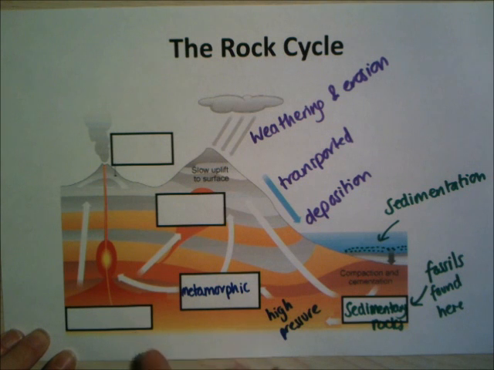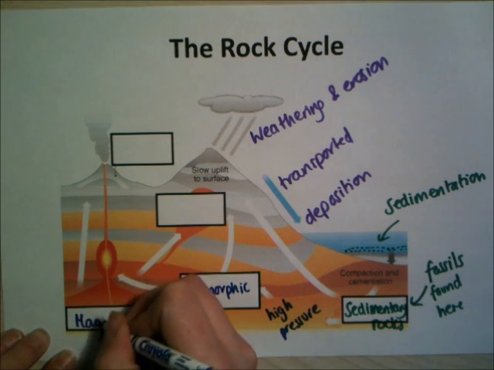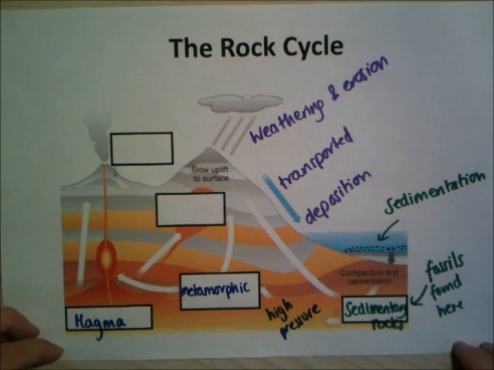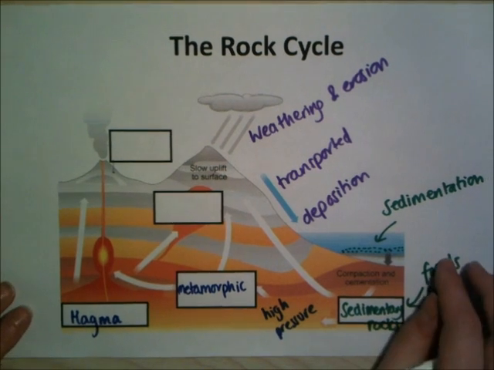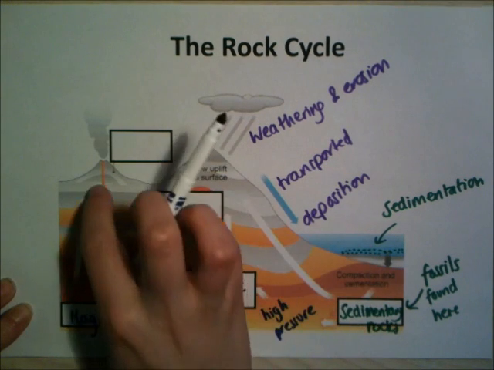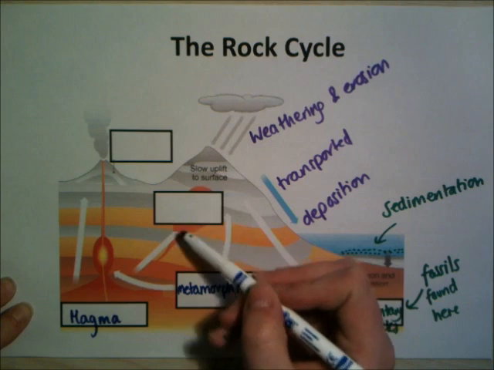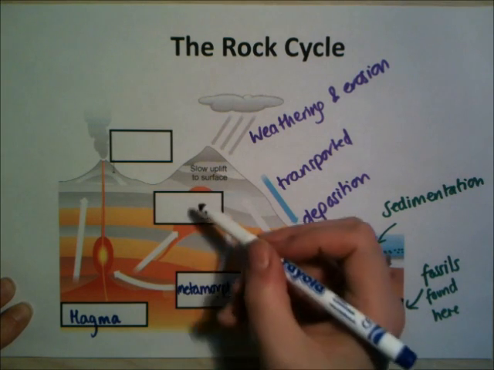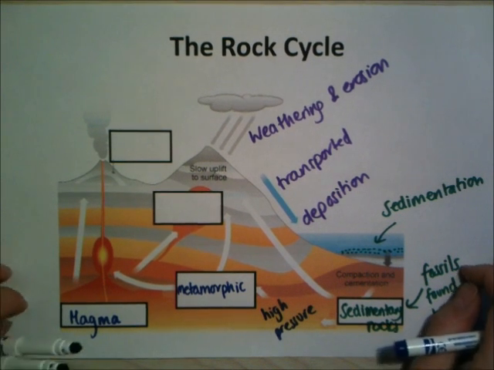Now I've got a box here which isn't really a type of rock that we know about, looks kind of solid. What we need to think about here is this is magma, okay? And magma is simply molten rock, or we know from before that it's solid rock that can flow most of the time. But what happens is it gets heated up, and sometimes it jets up here, like this, through what you can see here, and this is a volcano. Or it might rise slowly to higher up in the surface of the earth, where it's cooler, but still under a mountain. And when that happens and it cools down slowly,